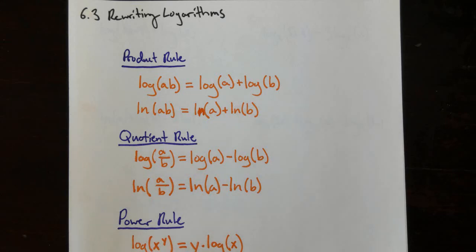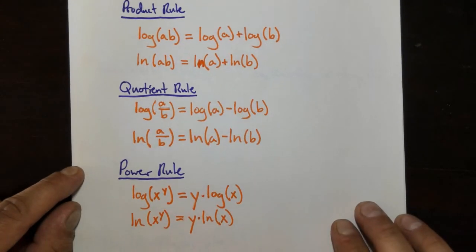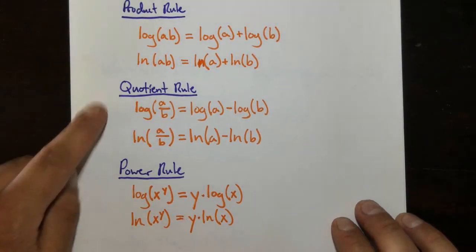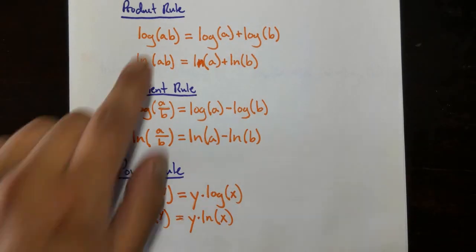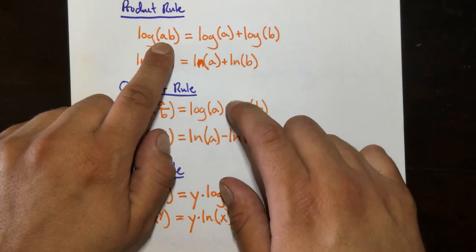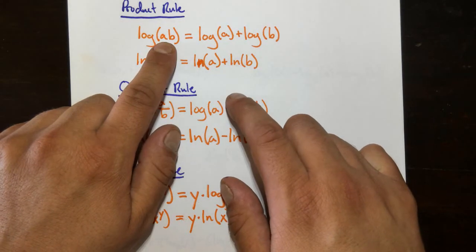Hello class, today we're going to be talking about rewriting logarithms. So there are many different rules of logarithms. We're only going to talk about three in particular today, and that is the product rule, the quotient rule, and the power rule. So the product rule states that if we have a log of AB, of two factors, we